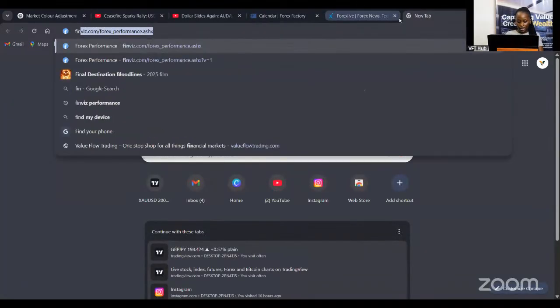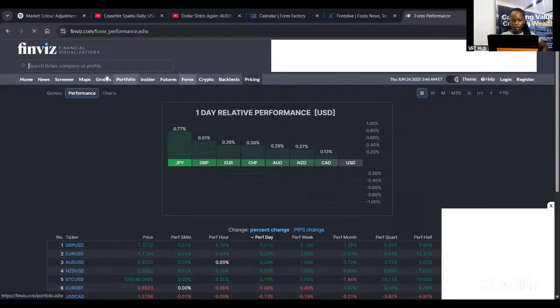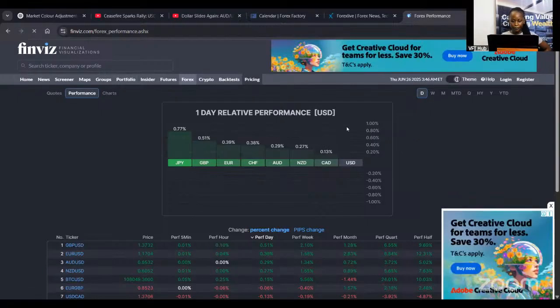Quick look at Finviz Forex performance to see what is currently driving the market for today. It's currently loading up, so let us wait for that. While that is loading up, you can see the systematic approach of analyzing. You want to check technical analysis if that's what you use. If you're an indicator trader like myself, you want to look at your indicators, see what they're telling you. Check Forex Factory for high impact news release, Forex Live for the translations, and Forex Performance to see the driver, or what is currently moving the market, the theme of the market.